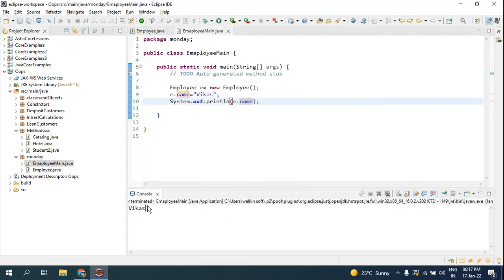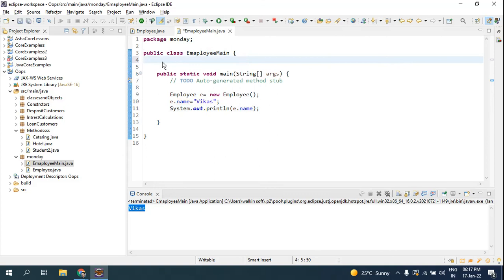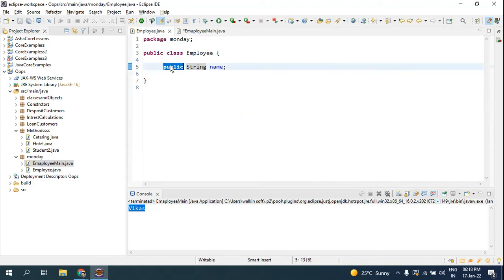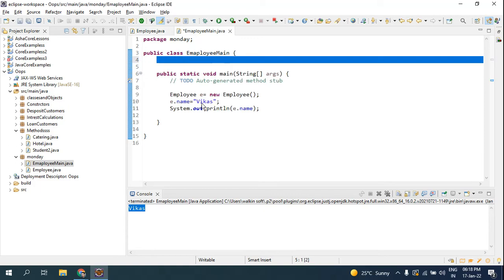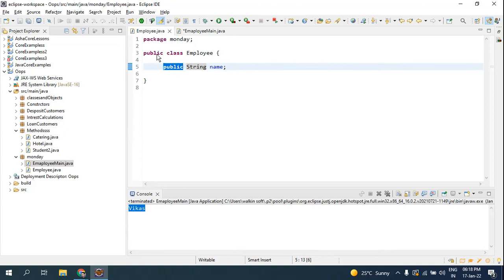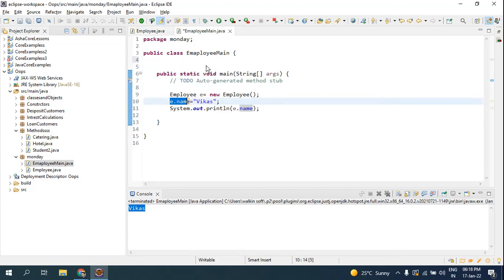you are able to see that I got, look here I have no attributes in the employee main. You can see that I have no attributes in the employee main. The employee, whatever I am getting, it is from this class. So once I made this public, I can use this here, and this class object I have created here in this package employee main. Now observe here, in this Monday package I have created.